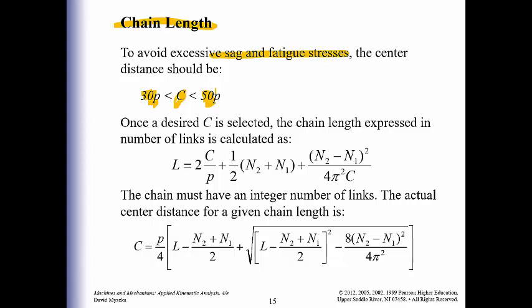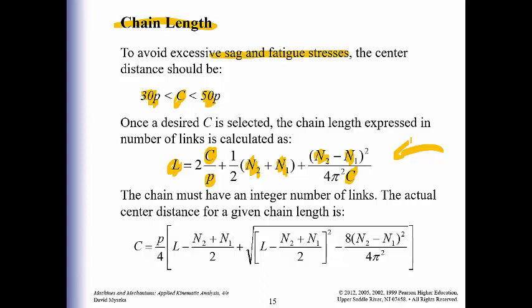All right. Something else to refer to here is that the length of the chain is going to be based upon that center distance. It's going to be based upon the pitch of your chain, the number of teeth that both sprockets have, N2 and N1, and here's the center distance again. So we have this length of the chain based upon all these number of teeth, the center distance value, and the pitch. And then